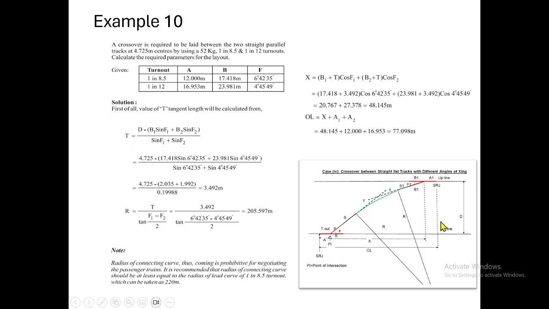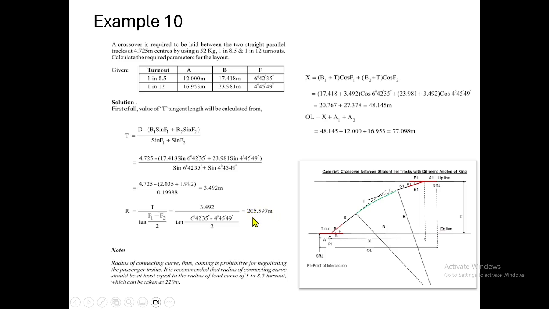We equate the vertical distance with D. That formula we have, and from there we get T. Using this formula we get a tangent length of 3.492 meters. For this tangent length, we work out the radius. It comes to 205.597 meters, which is very